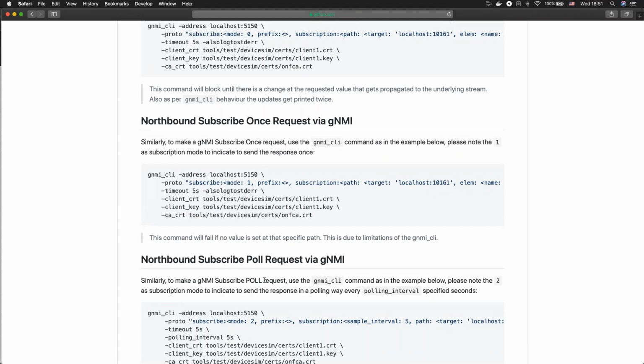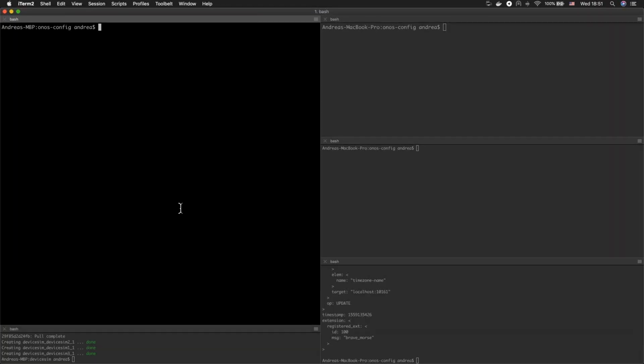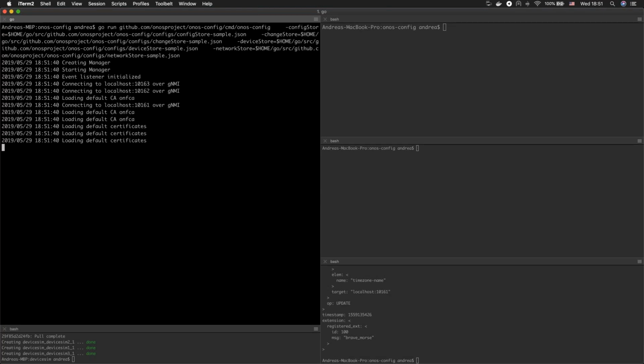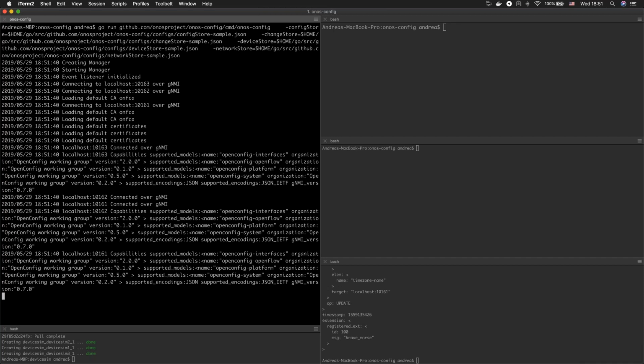So here is a little bit maybe too small. Here I'm just running the service, the gNMI, the ONOS config manager. That is the entry point for the whole ONOS config workflow. And then